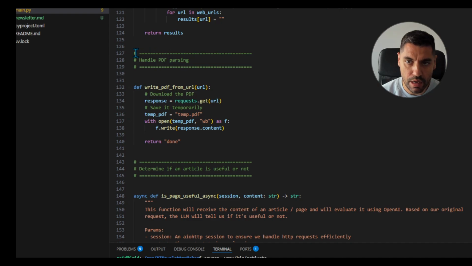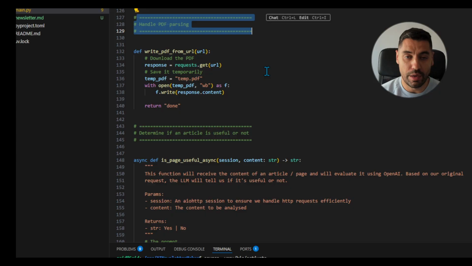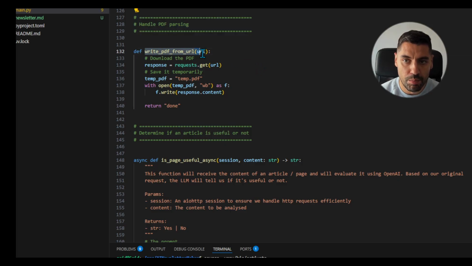Then we are looking at how to handle PDFs, because in my project I am creating a newsletter from open source archives from Arxiv. I'll show you in a second, but I need to write this PDF and I need to read it, and this is how I do it. Okay, so I create this temporary PDF, I write the response, and I send a simple done back to my